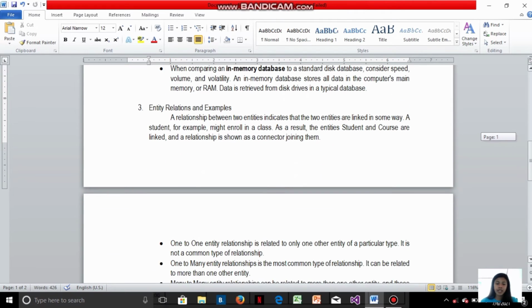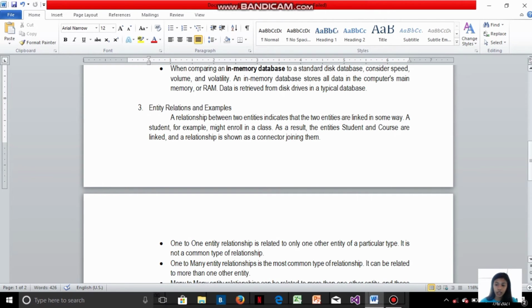So number 3 is the entity relations and examples. A relationship between two entities indicates that the two entities are linked in some way. A student, for example, might enroll in a class. So student, then class. As a result, the entities student and course are linked, and the relationship is shown as